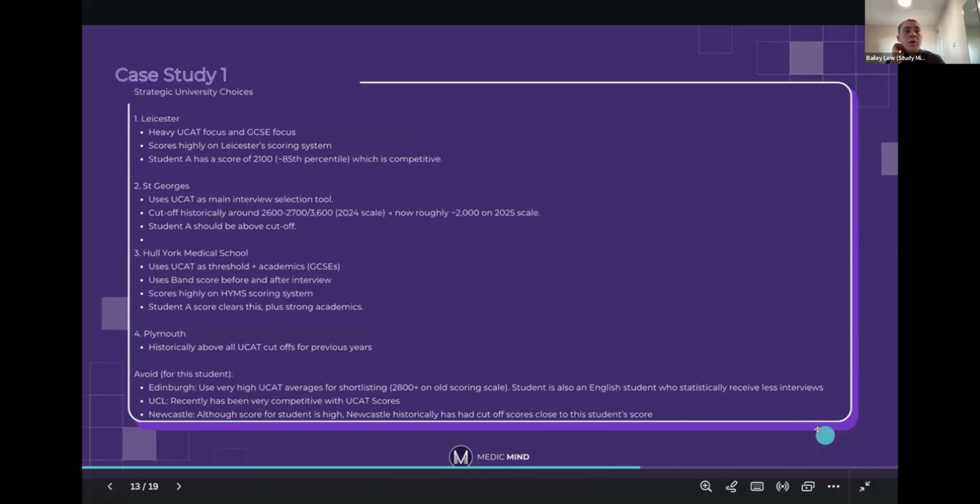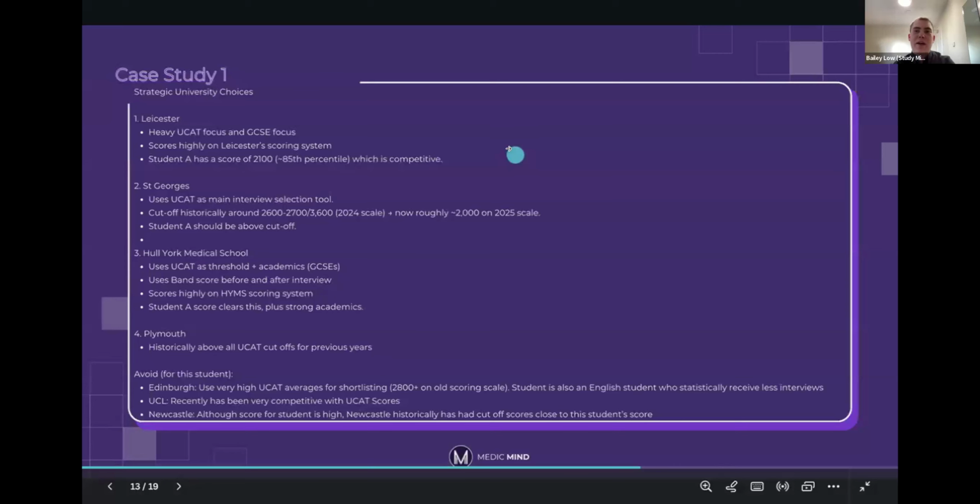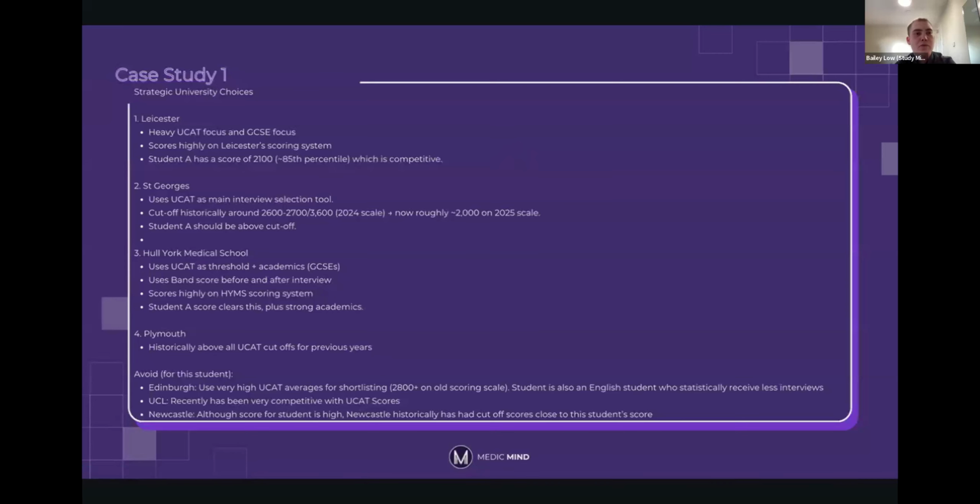So if we look at strategic choices, okay, Leicester, we have to put this one at the top. I'm not saying it's the best. I'm not trying to sell my university in any way. But we do have quite a bit of a focus on the UCAT, which this student does incredibly well in, as well as the GCSE focus, they do really, really well on that. And they would more likely get an interview from Leicester pretty straight away,